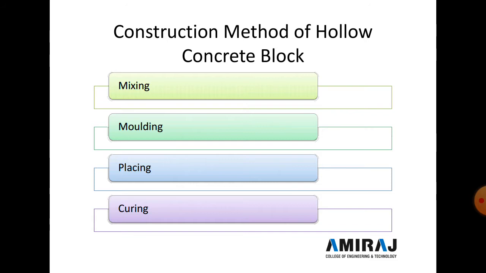So first we discuss the mixing. In the mixing, the cement aggregate ratio should not be less than 1:6, and the mix consists of fine aggregate, meaning sand, as 60%, and coarse aggregate as 40%. Here the coarse aggregate size is specified: we use a size of 6 to 12 mm, and one bag of the